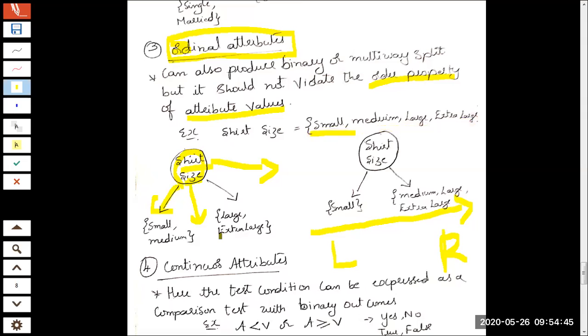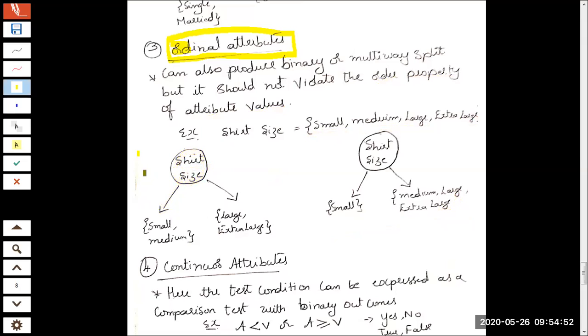In the first case, the left of the branch starts with small, then goes to medium, then towards the right side we have large and extra large. Now the question is, do you find ordering in the attribute values? Yes, there is ordering. Then we can categorize this node as an ordinal attribute.